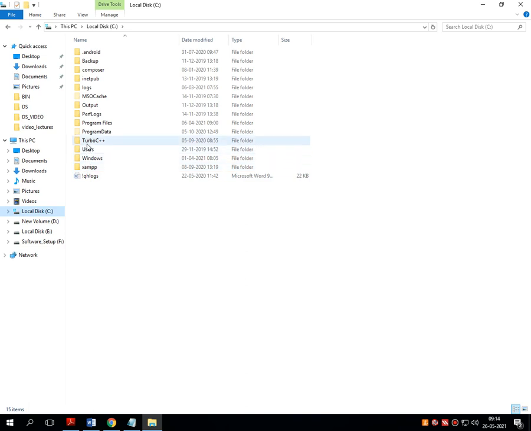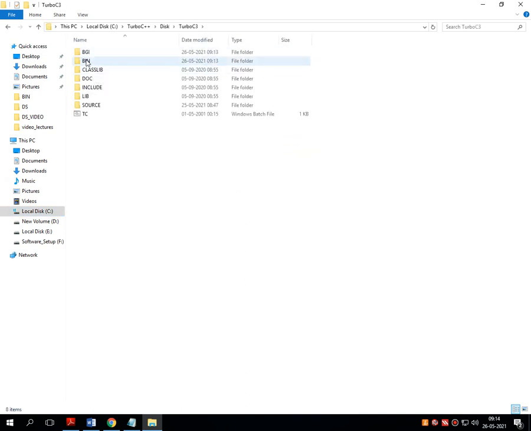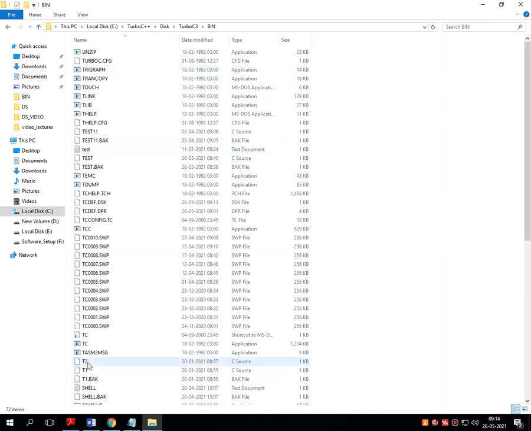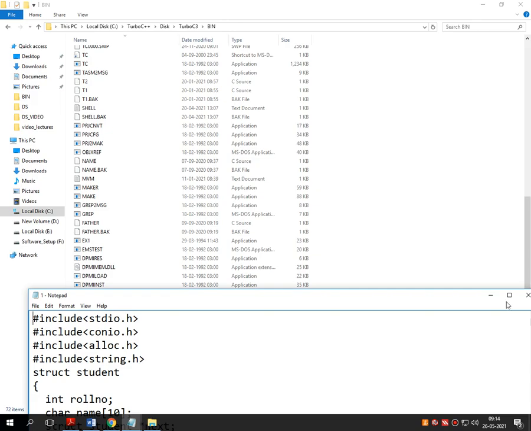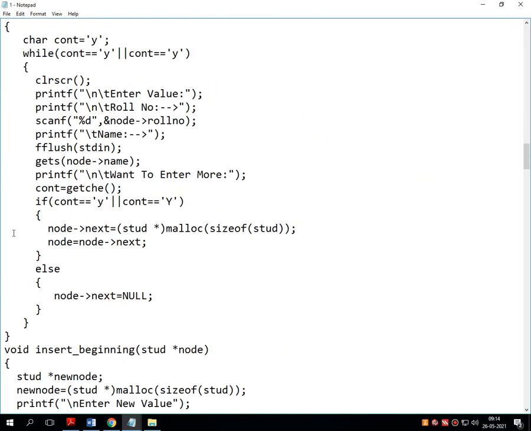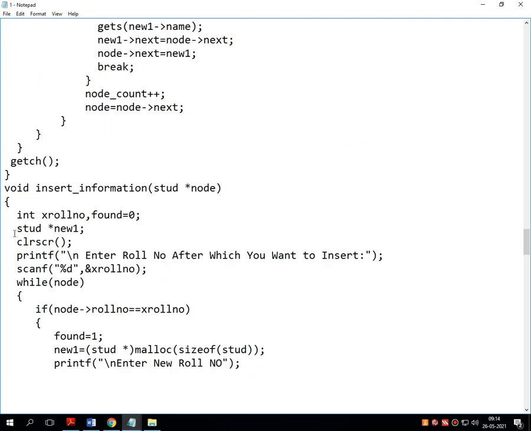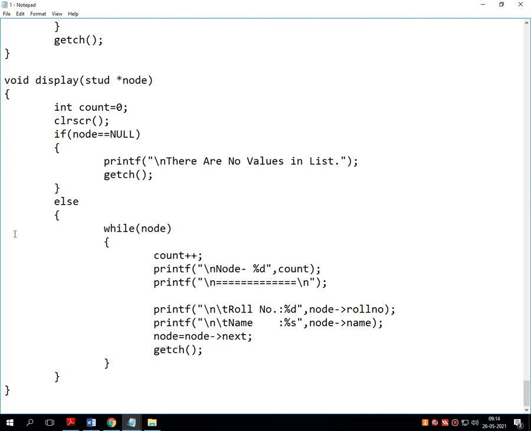Should I set the margin of that particular program or not, or is it already set? This is the program. I think there is no need to go for formatting of the program, it's perfect. Right, everything is okay, no problem.